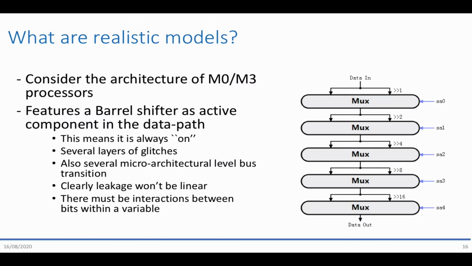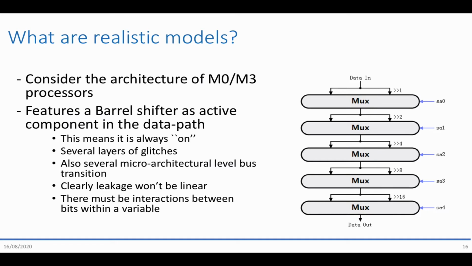And the way in which shifters are typically implemented is by the so-called barrel shifter implementation. So you've got multiple multiplexers, multiple shift units. And so depending on what kind of shift you need, several of these components in the barrel shifter will be active. And then things will be moved through. And eventually you've got the correctly shifted data output here at the end. So this thing is always on. It has got several layers of